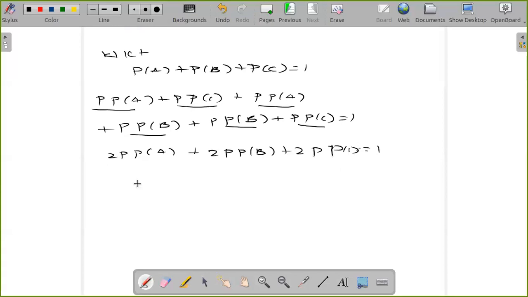Now I'll take 2P common: P of A plus P of B plus P of C is equal to 1. As I know that P of A